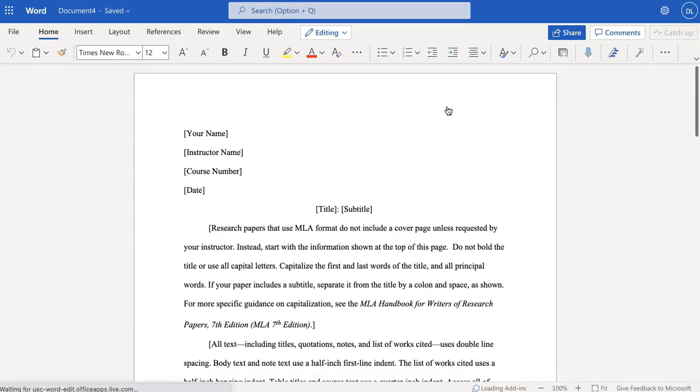Now, this is open and we can see that this explains this document is already made to follow the MLA style rules. So let's very quickly make sure that you understand what is MLA. MLA is how the document is formatted. This means the style of the document. In all of your ESOL classes and English classes, you will need to do your documents following this style. So that's why we are learning it here.